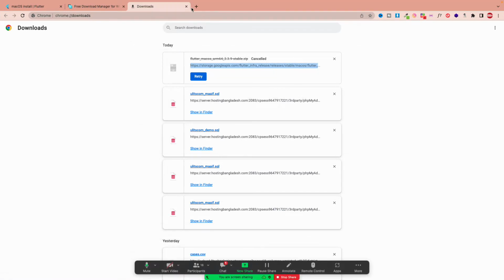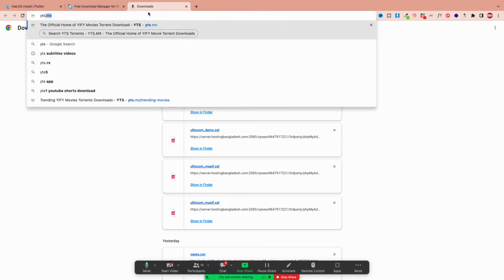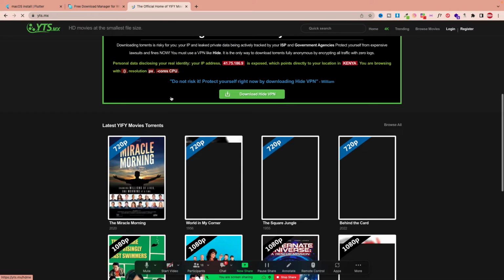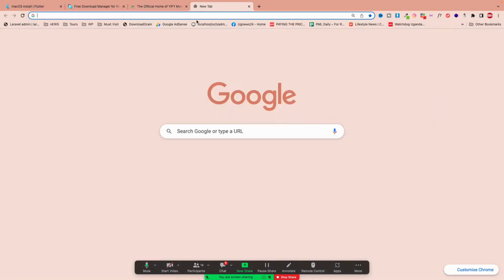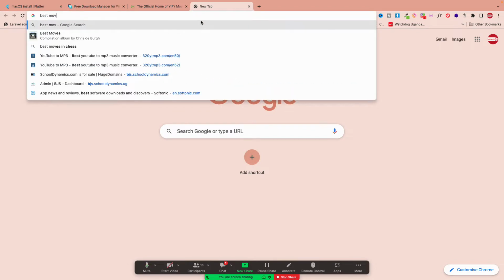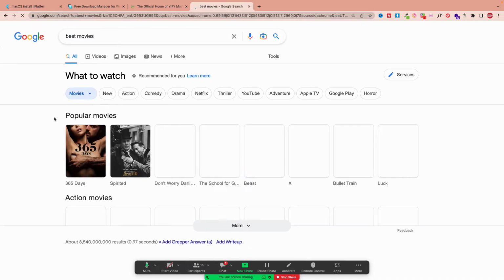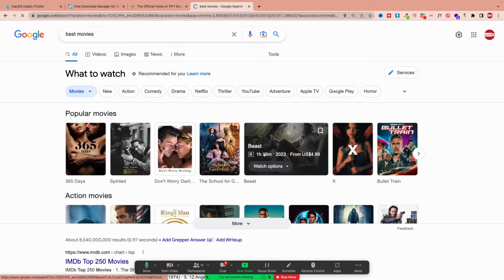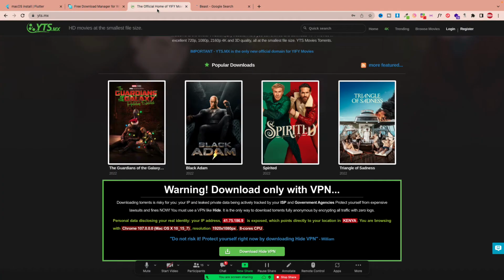SDKs using FDM. So if you want to download movies, I'll show you. Go to yts.mx, and then you'll find there are a lot of movies. First of all, you may also first determine the movie that you want. Look for the movie that you need, maybe this one, like this Beast. Once you determine the movie that you need, visit